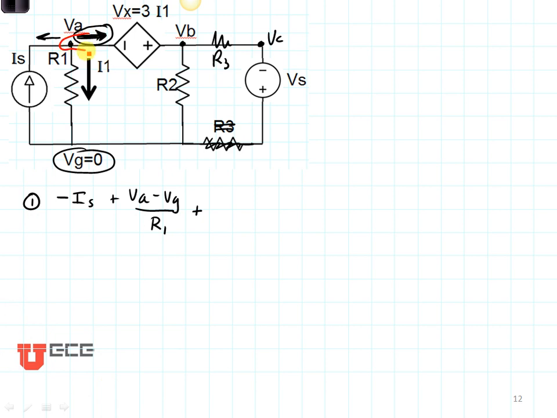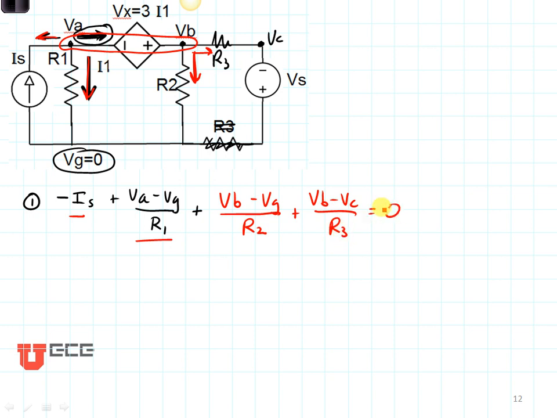where I'll just define this whole node right here, including the voltage source, as the node, and I will continue with my outgoing currents. In that case, I would say, okay, I had this one, yep, that's right here, this one, that's right there. Now this outgoing current plus VB minus VG divided by R2 plus VB minus VC divided by R3, and that is all equal to 0. Then I would need the equations. I'll just give myself a note here. VG is equal to 0 and VC is equal to Vs. That's all I need to do because I've taken care of all of the nodes in my problem.